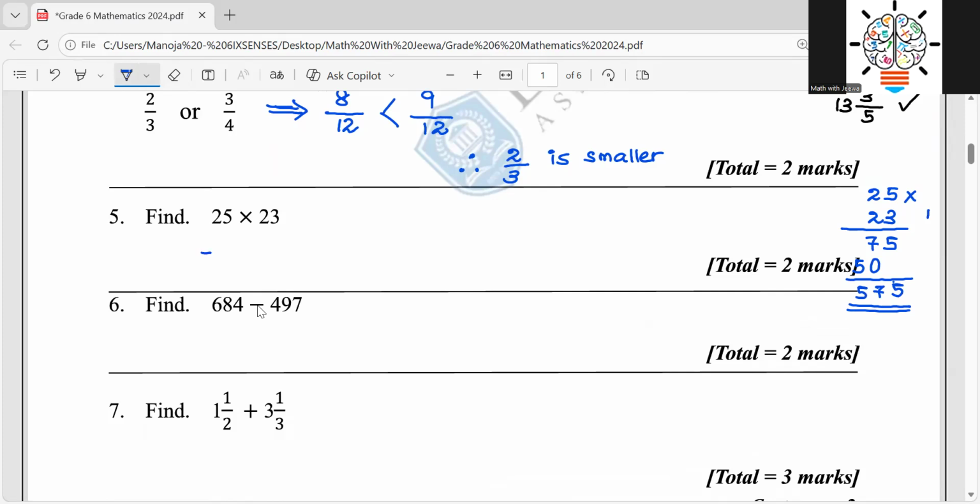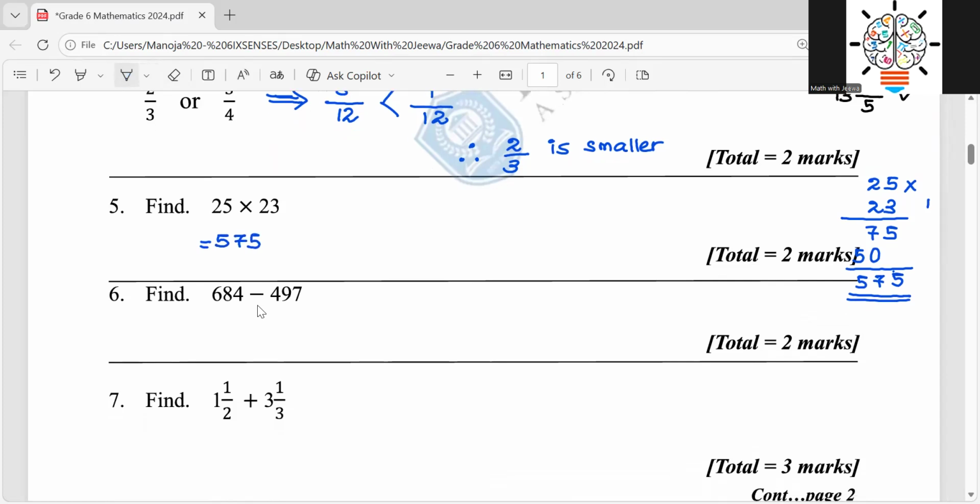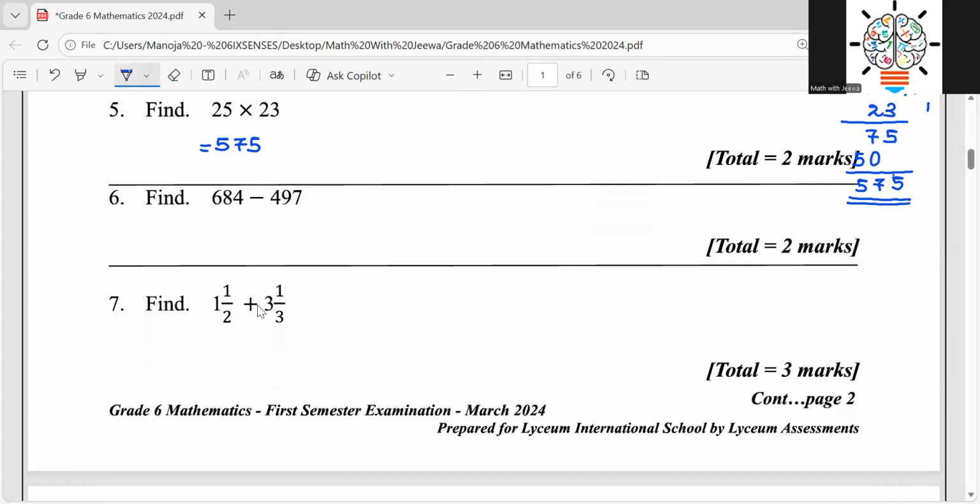575. So then here you write the answer 575. Then the next one you want to subtract. So then I go to the right side corner, 684, subtract